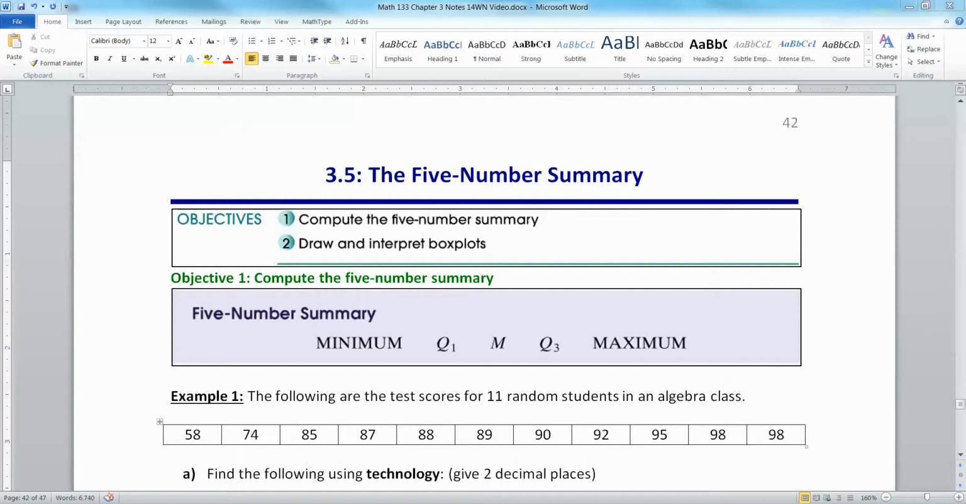All right, so the first thing we have to deal with is something called the 5-number summary. That is 5 numbers that summarize your data set really, really well. They do it really well for a variety of reasons, one of which is that they're resistant to a lot